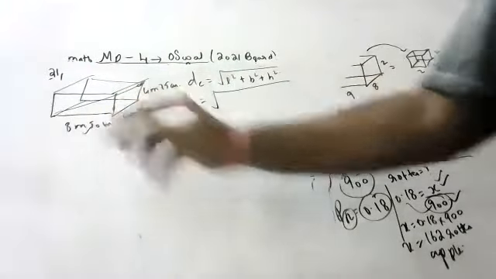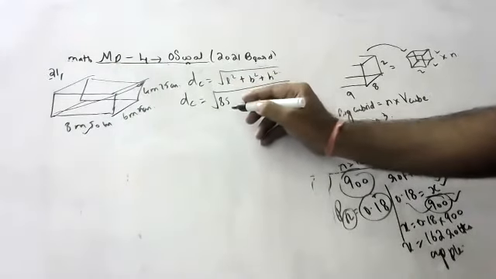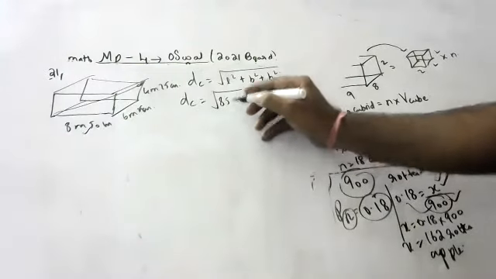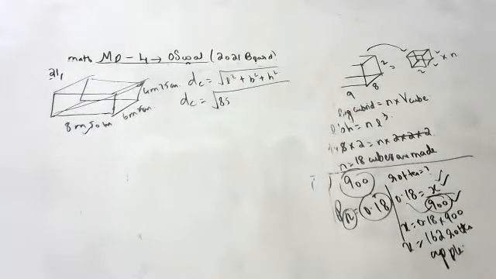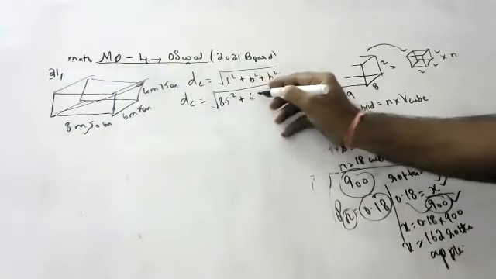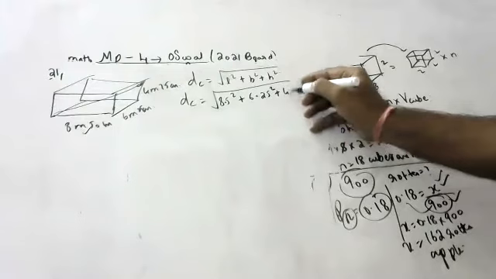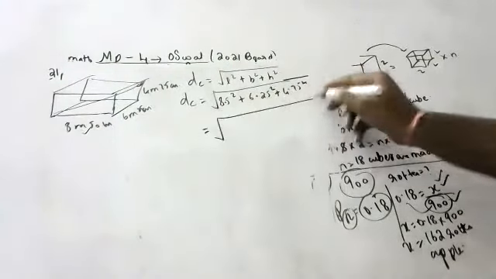So children, 8 meters 50 centimeters means 8.5 meters, that is 850 centimeters. Are you taking centimeters or meters, children? Meters will be easy. Okay, 8.5 square plus 6.25 square plus 4.75 square. It is really becoming very big, children.